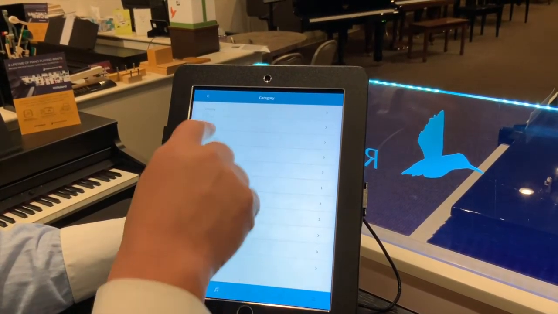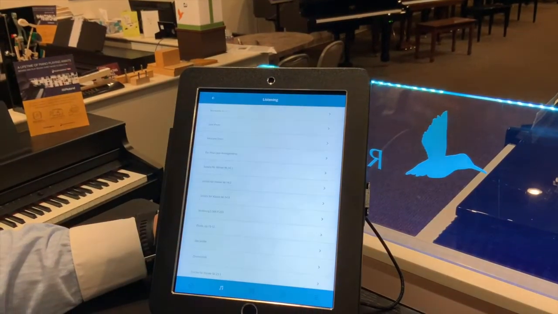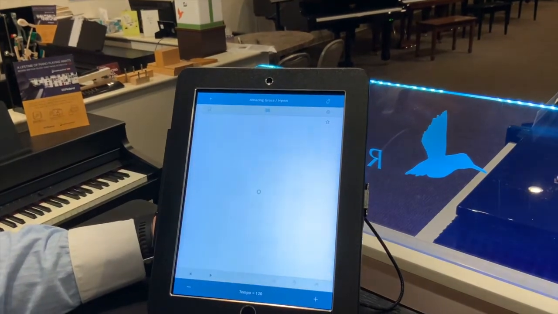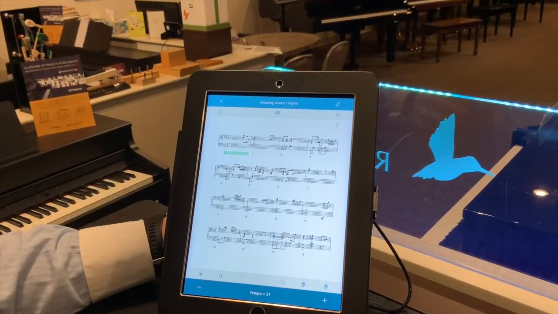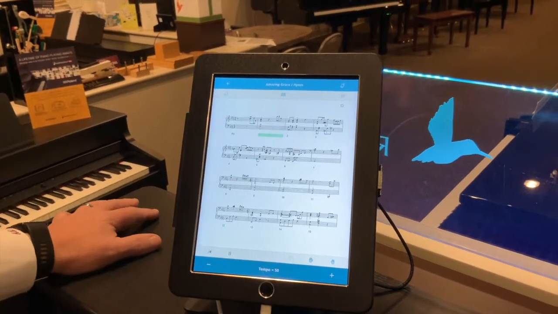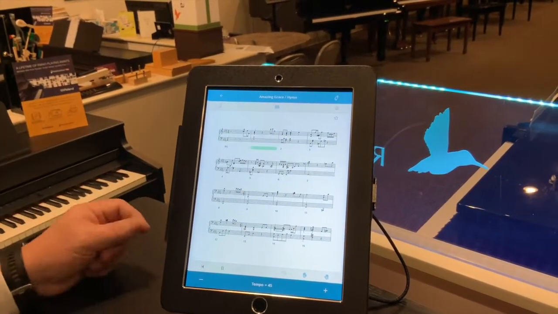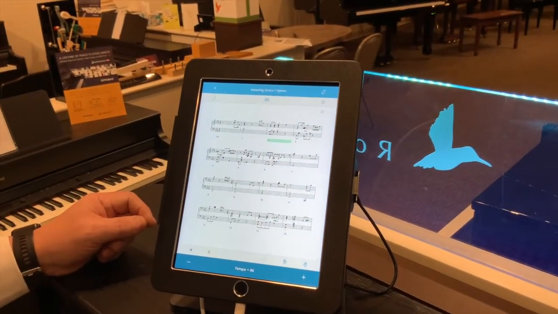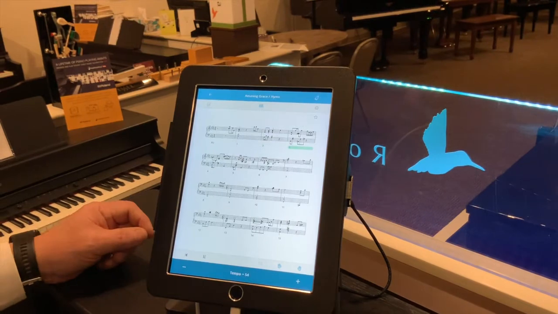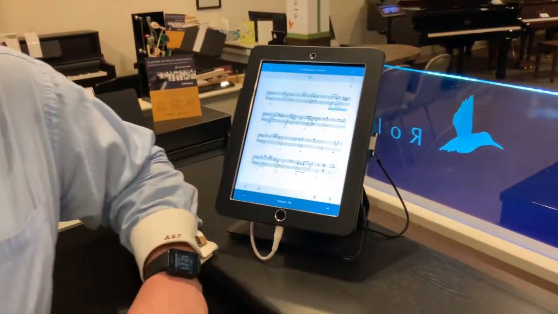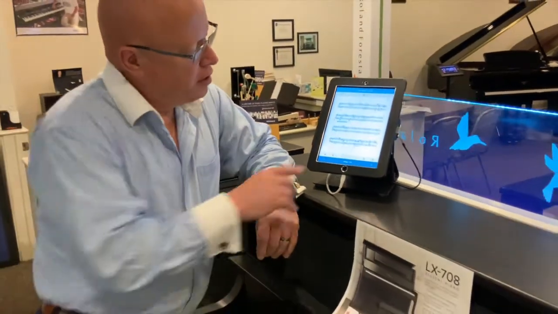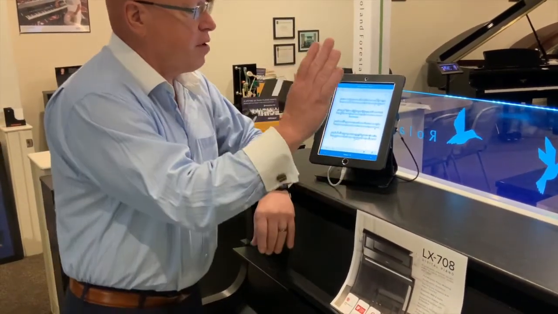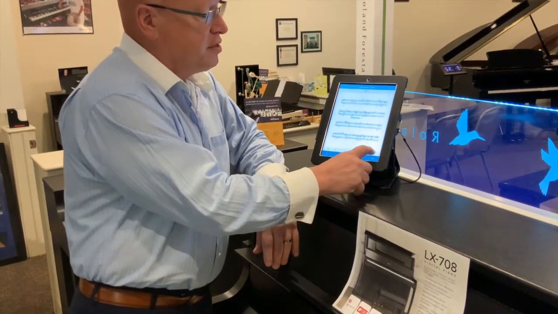Let's try the listening part of this. With listening, if I'm going to be wanting to listen to a piece, let's listen to Amazing Grace for a moment. Obviously, it shows you the music. Now, let's say I wanted to play along with this and learn how to play it interactively. You can see these little hands down here. We have my left hand and we have my right hand. If I press the right hand,